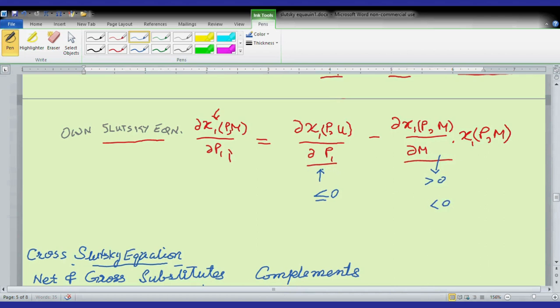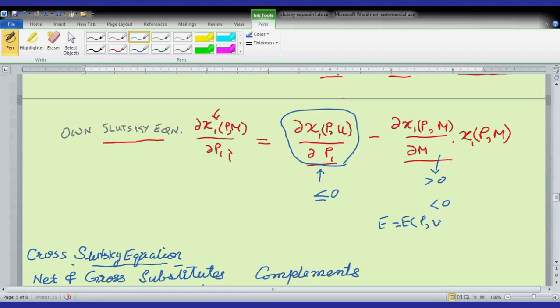Then we need to prove actually that this is something that is less than or equal to 0. If we assume strict quasi-concavity, then it is strictly less than 0 in fact, and we had seen that the reason for that is that this slope of the Hicksian demand curve is the second derivative of the expenditure function. So if you recall that we had written the expenditure function as a function of utility and prices,